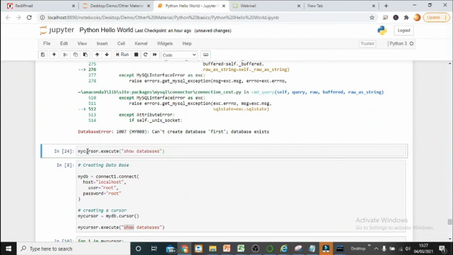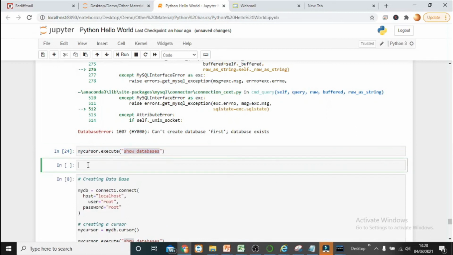Okay, now you can see show databases has run, but again the problem is it is not being shown. Why is it not being shown? Because whatever command you are running, the output of that command is going to be stored in the cursor. So in the cursor you have the output of this command, right?